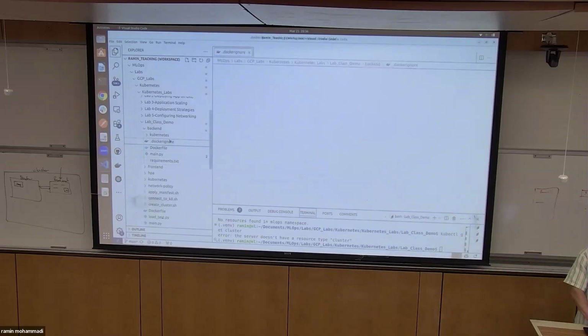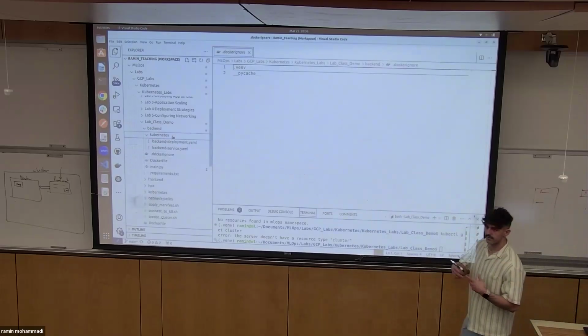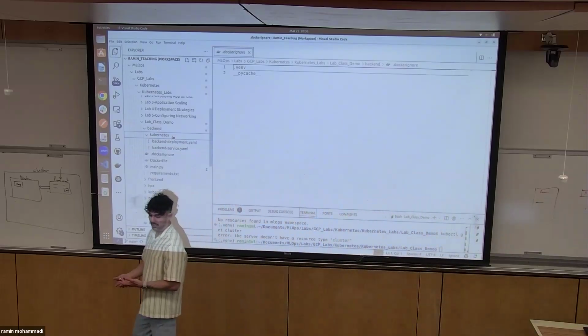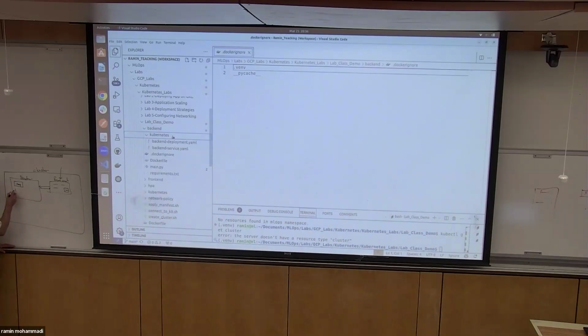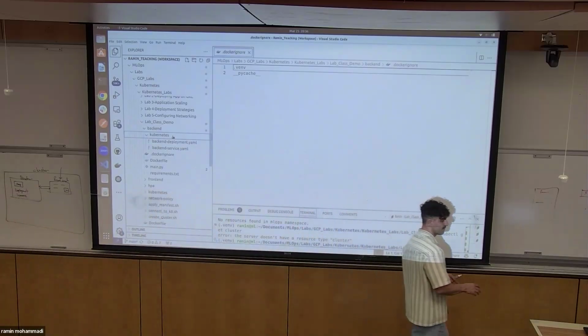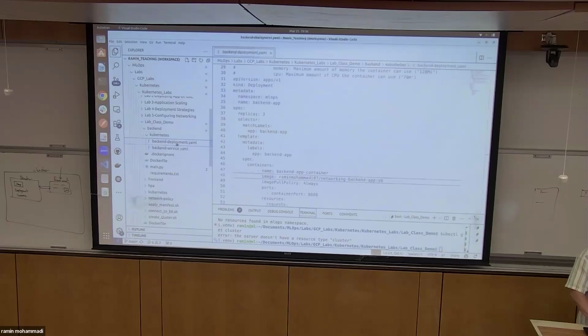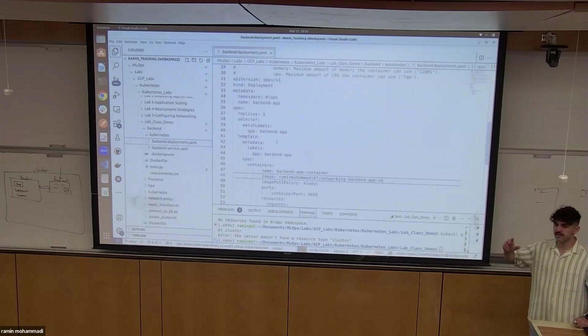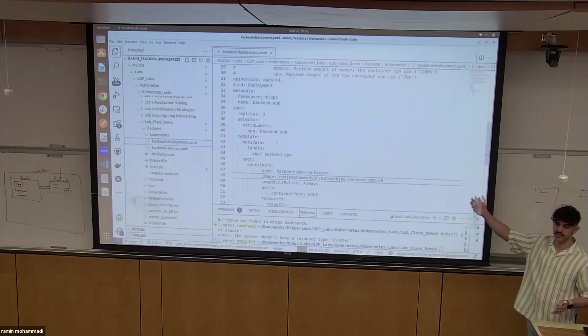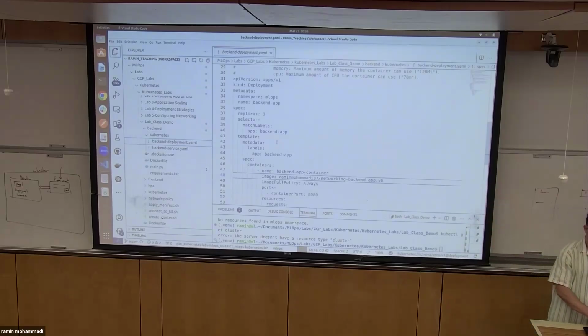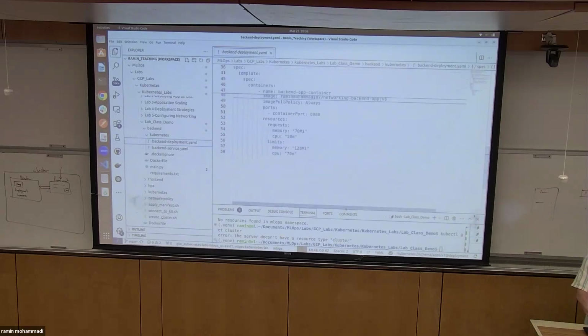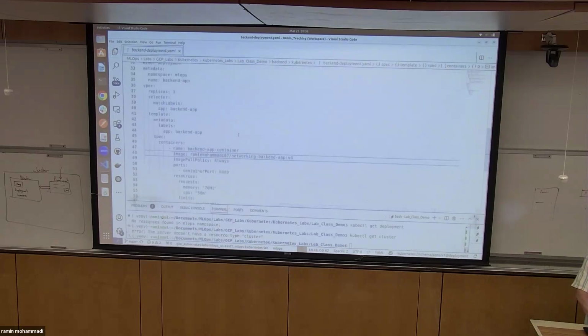Now, for the backend, we need to have certain things. So we need a deployment. The backend needs to be deployed, and these are the manifests. And we need a service because the backend also needs to be exposed. So we need a deployment and a service manifest for the backend. Let's start here and go to the deployment. I didn't define the namespace because the namespace will be defined across the whole project later in a different folder. So inside the manifest for deployment,